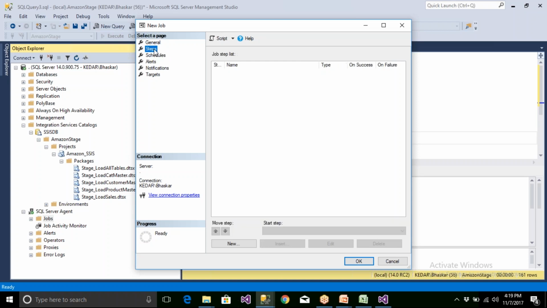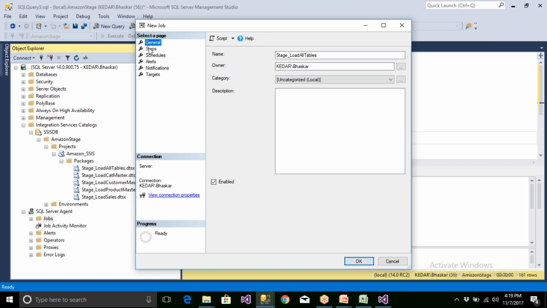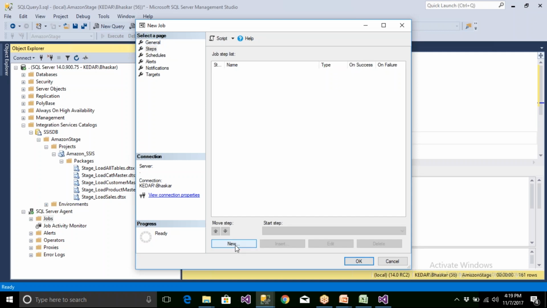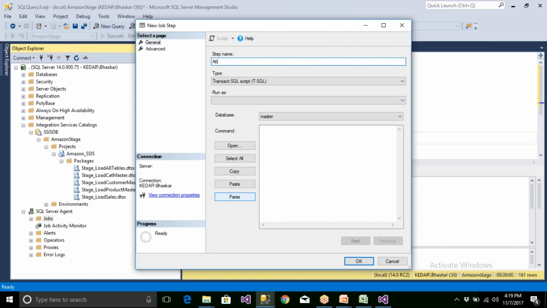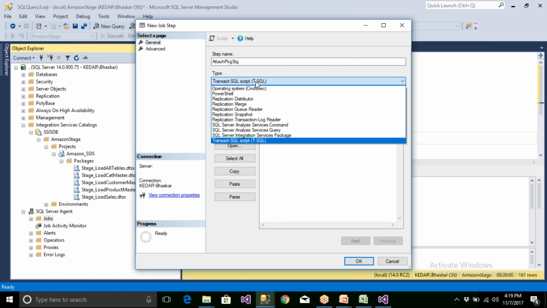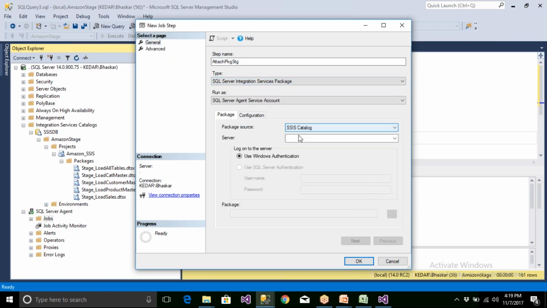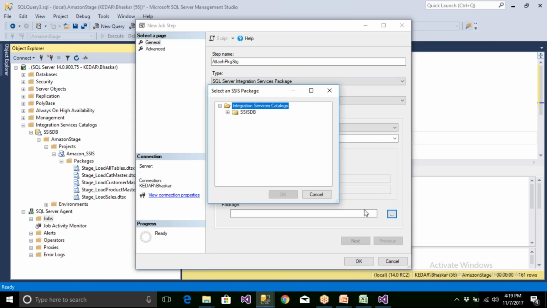Today I'm going to name it stage load all packages, go to steps, click new, and attach a package. Attach the stage package, that is called an integration services package, available in the catalog, and the server name is dot. When you go here, it gives you all the packages.